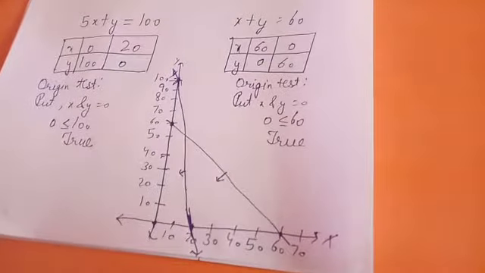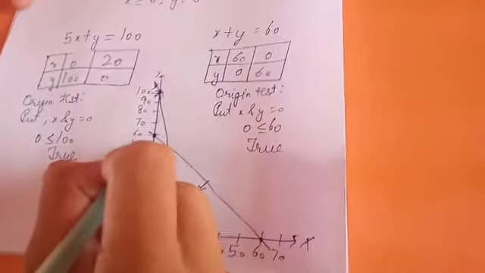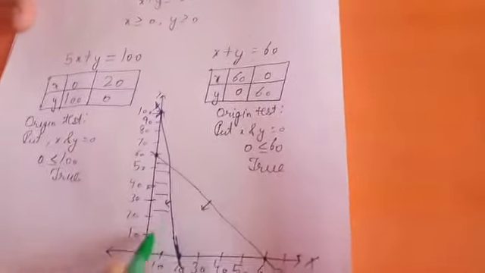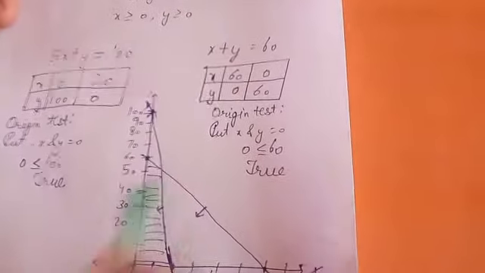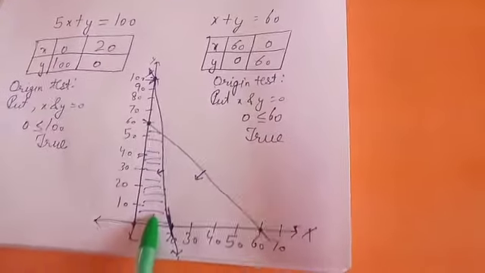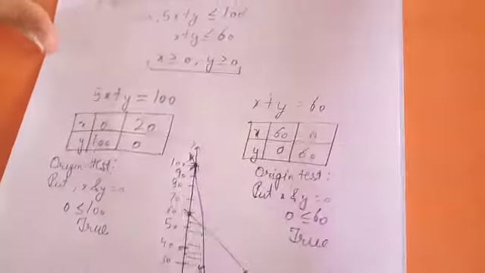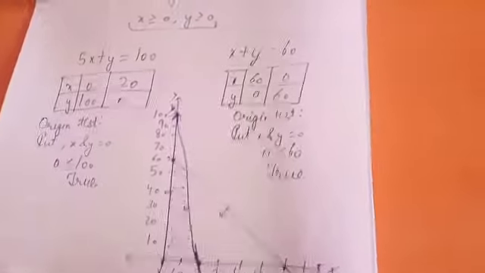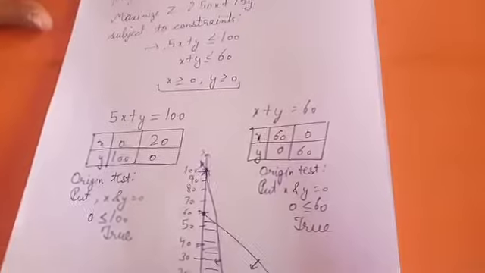Okay. Now which area is common for both of the rays? That is this. Yes or no? This ray is also here. This is also here. We will not take behind it because our two constraints are these also. We have to take care about these because they are important.